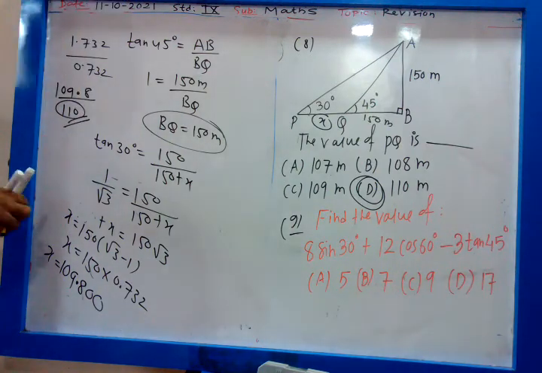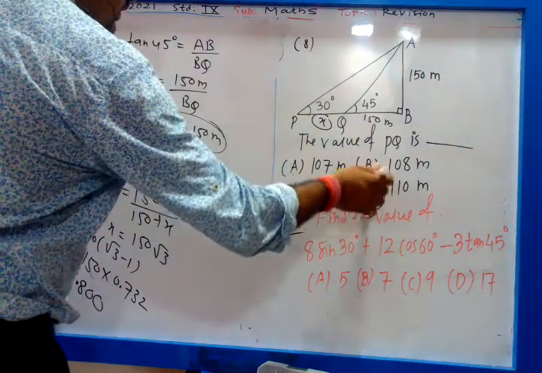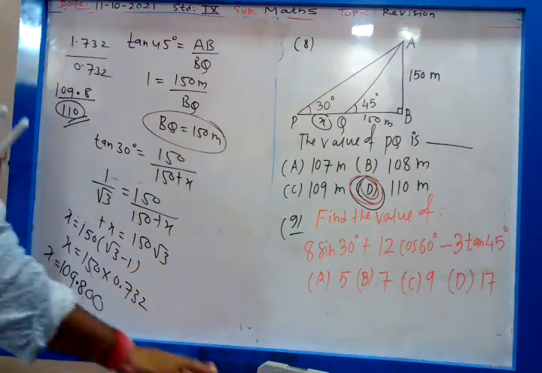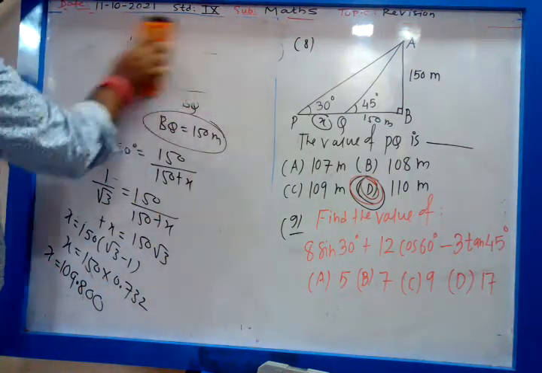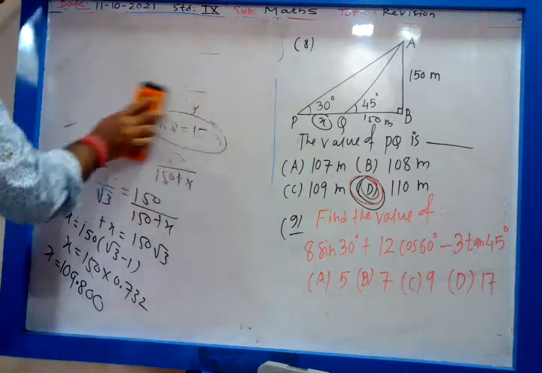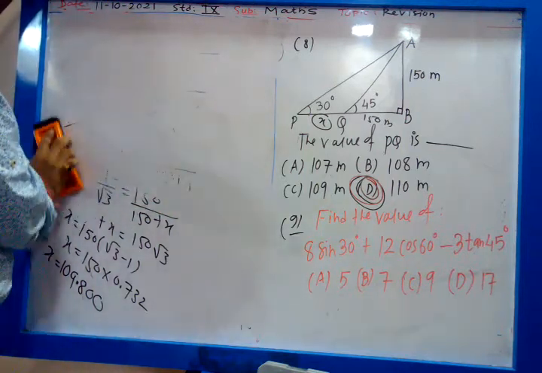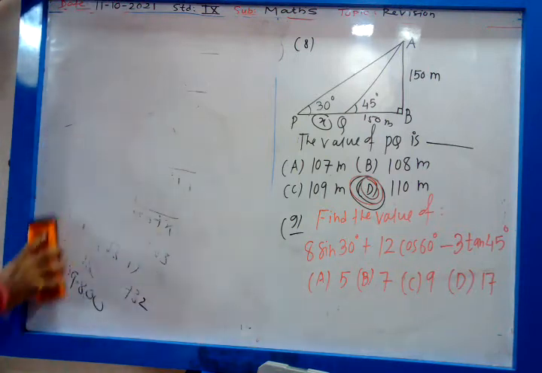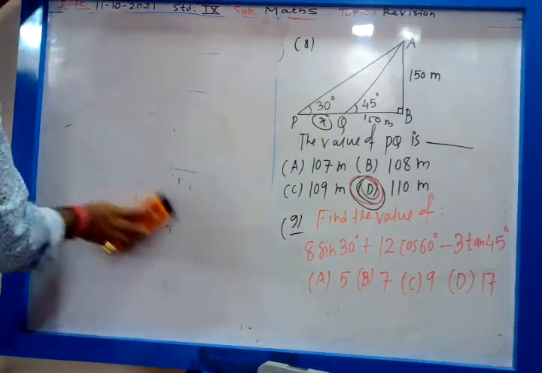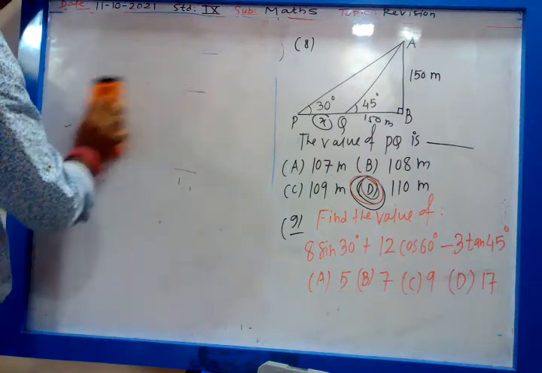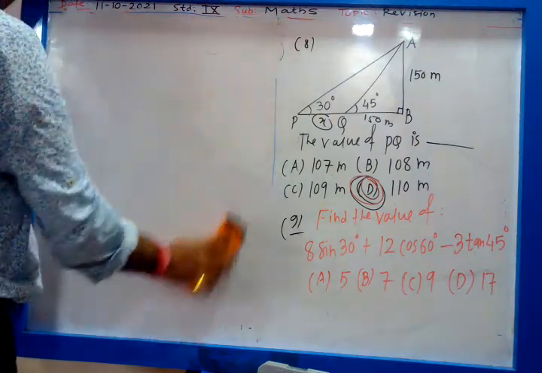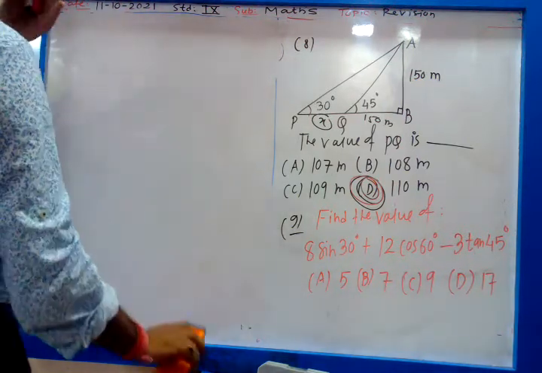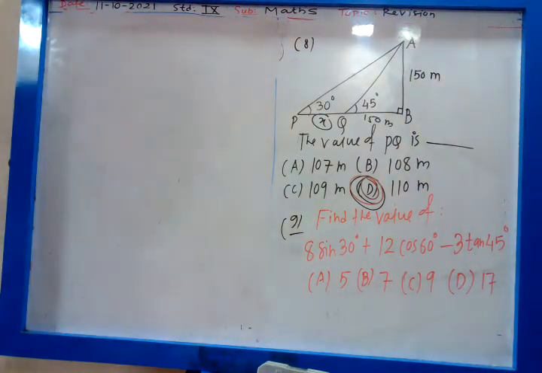Very good. All of you have done this nicely, 110. So if this time you had appeared for the 10 standard examination, you would have scored 40 out of 40. Because whichever problems we have covered in revision, 10 standard problems will not be that difficult compared to 9 standard. Chalo, send me the answer of 9th.